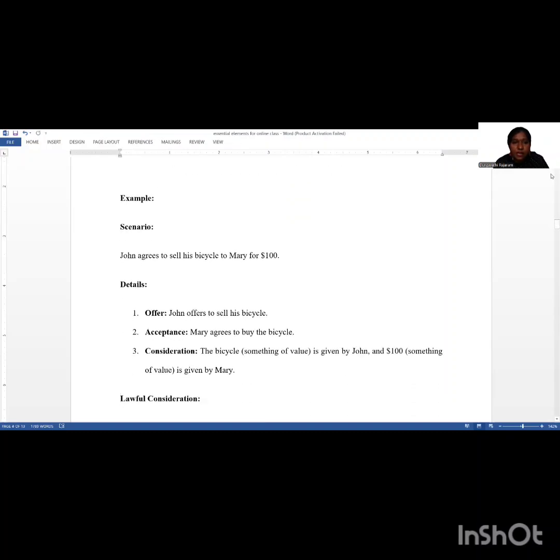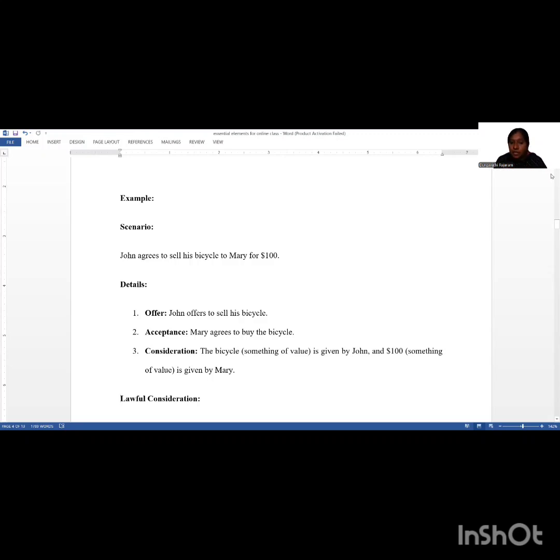So this is for a normal example. Let us see. John agrees to sell his bicycle to Mary for $100. Now who is the offer? John. He offers to sell his bicycle to Mary. Now acceptance. Mary agrees to buy the bicycle. Consideration. What is the consideration? The bicycle is something of value given by John,